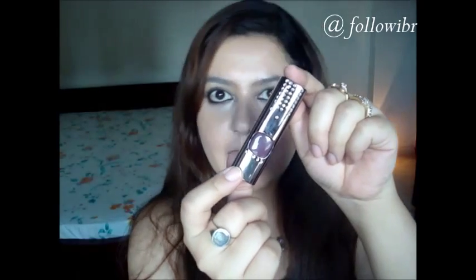So this really glamorous lipstick was sent to me by L'Oreal Paris India for reviewing on my blog. I just picked it up today, and I thought, let's do a makeup look which matches with this lipstick. I'm going to attempt a plum and a golden kind of eye with this really pretty dark plum lipstick. This is from the limited edition Cannes collection 2015,